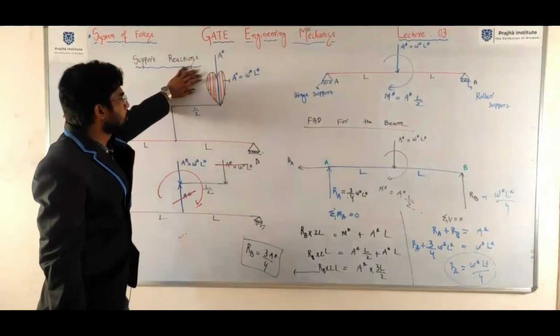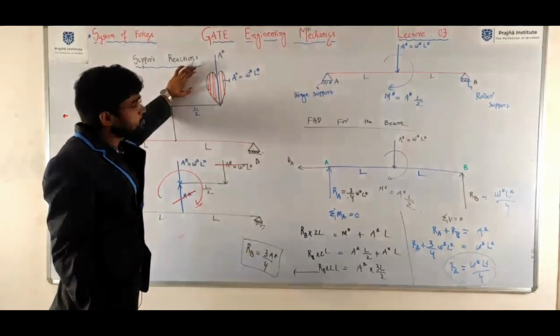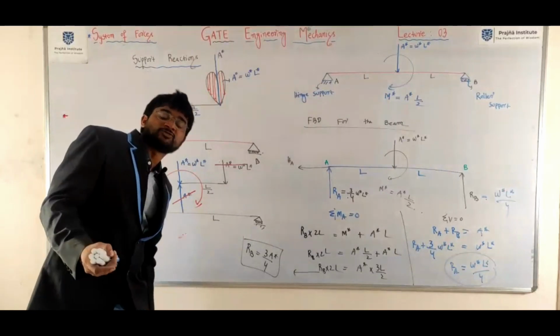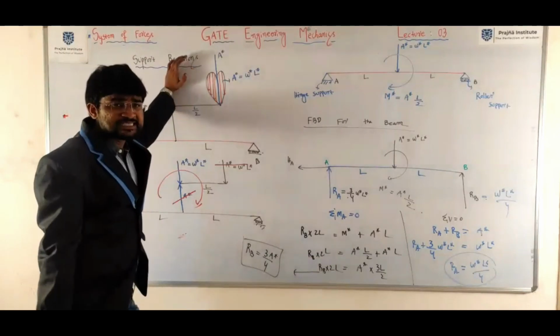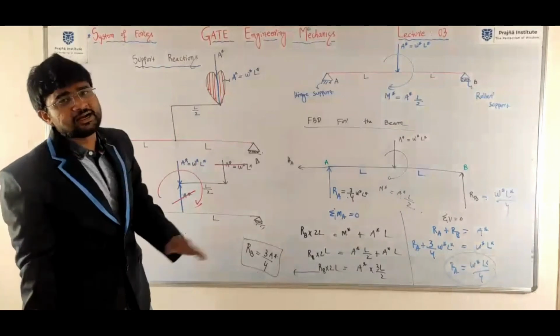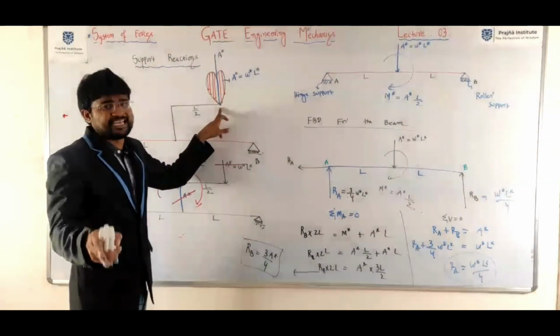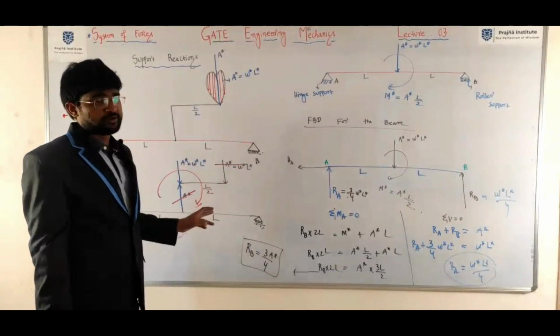See, first calculate the area of the variable loading condition. They gave some loading condition. It may be linear, parabolic, or it is following some other law. In that case, first calculate the area of the total loading condition and place it at the centroid. Then both impacts will be the same. So, now the transformation of the forces.